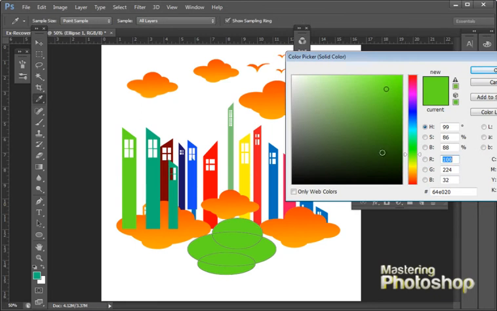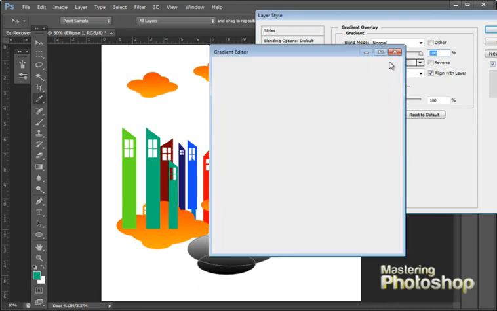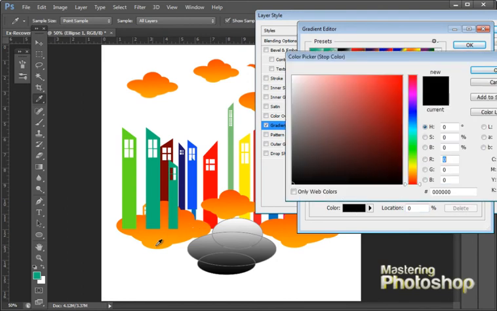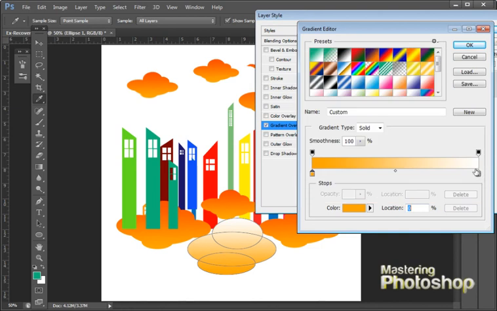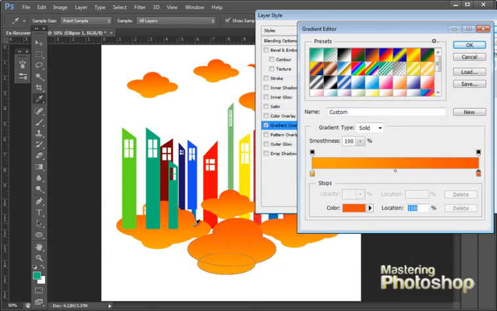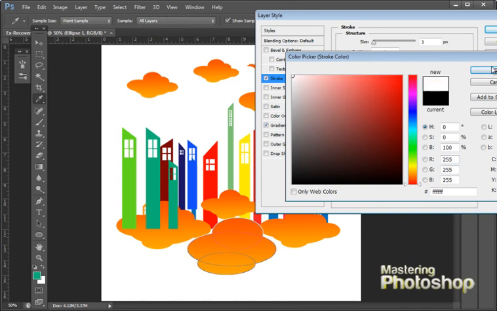So you can double click on this shape and change the color, or you can go to this FX button over here and say Gradient Overlay, and click on this gradient editor, click on this small arrow over here, click on the color, sample the color from this cloud, and on the other end click on this tab color and sample the color from wherever you want. And you can also add a stroke. Let's add a stroke. Select the color as white,